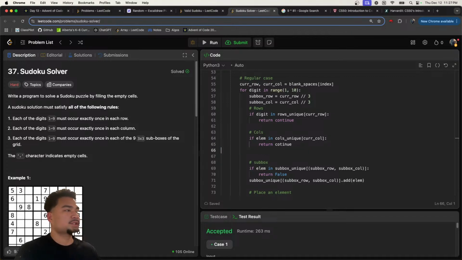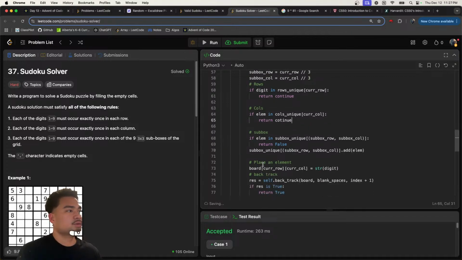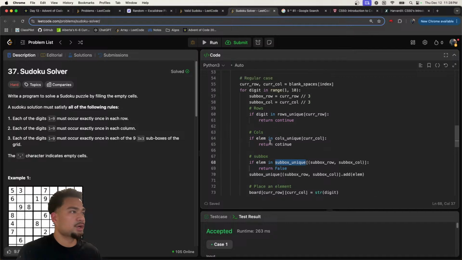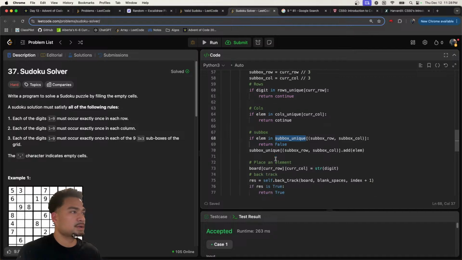So if the element is in the current row, what we do, if the element is in the unique sub box, row, or sub box, call continue, or sorry, not return, literally just continue. If it hits any of these,